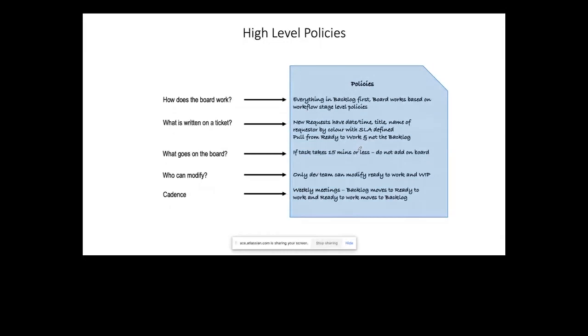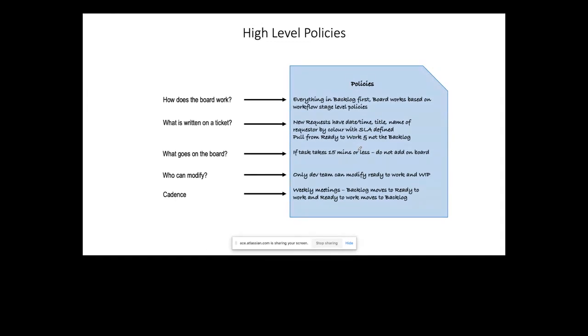Not possible, right? My advice would be to make use of Confluence to do this. Create a separate page in Confluence, name it high-level policies for your Kanban system, and add your general level policies which are applicable for the entire team and the entire board into that page.